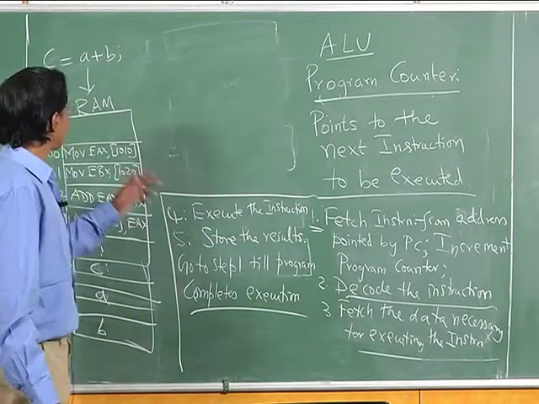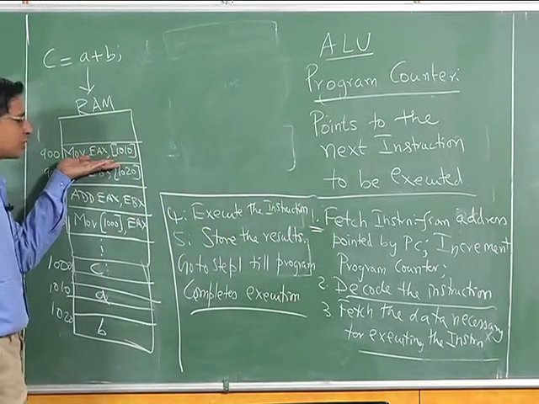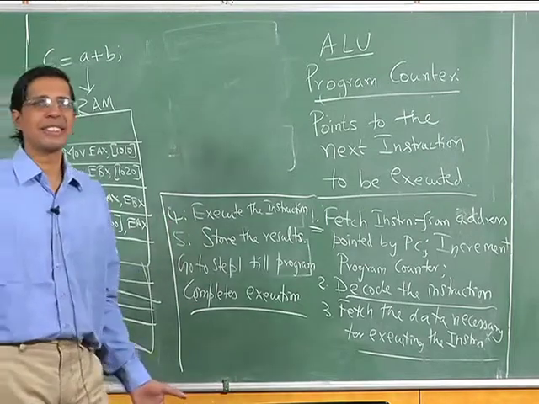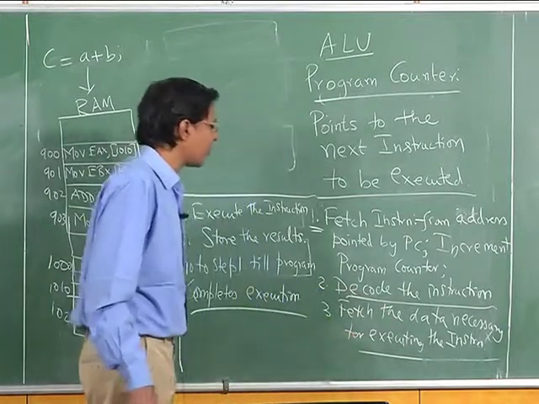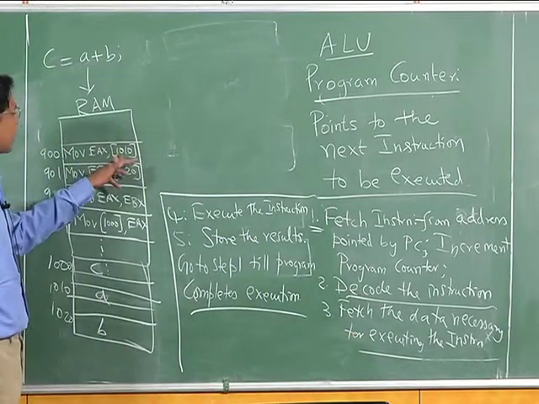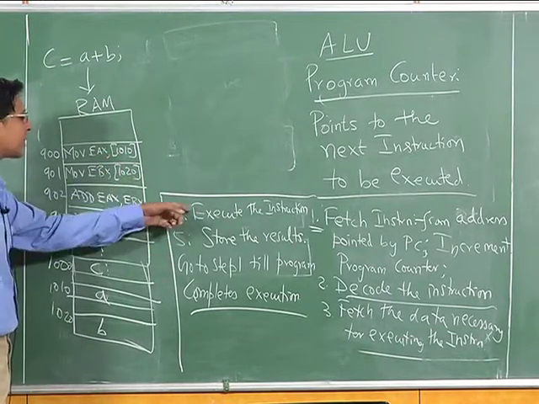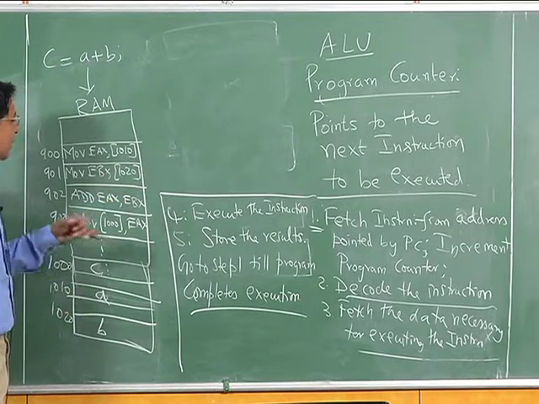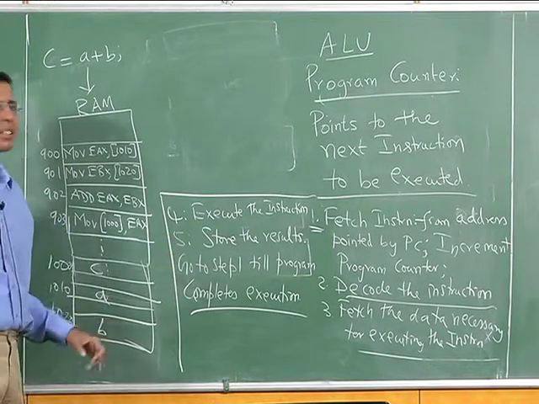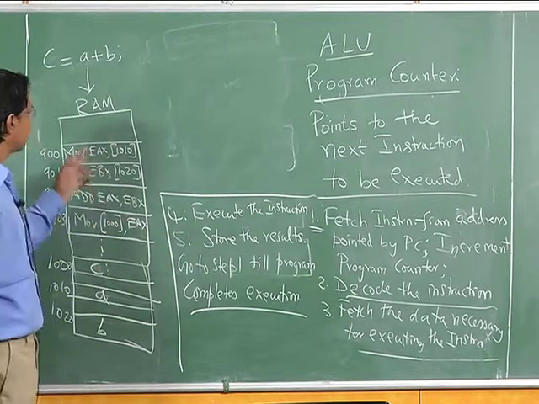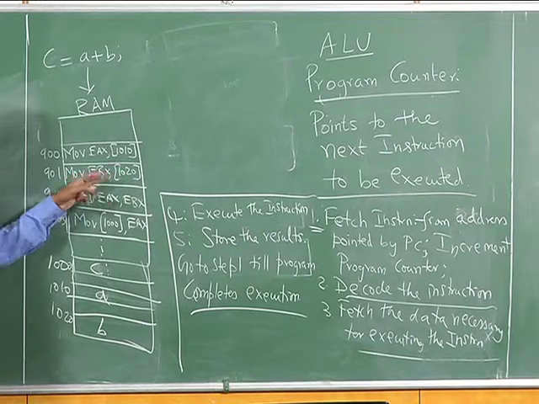So we start with 900, we fetch the instruction, namely move EAX 1010, we decode the instruction. Once we decode the instruction, then we fetch the data necessary for executing the instruction, namely we fetch 1010. In the case of executing the instruction, we just pass it without any change to the register unit, and in the storing the result, whatever we have passed is stored into EAX. Similarly, in the case of 1020, moving 1020 to EBX.